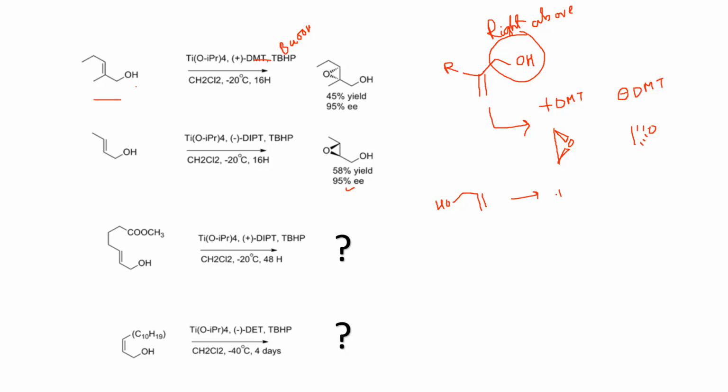If you use positive, you will get this below the plane. If you use negative, you will get above the plane. It was a short trick for examination purpose, because sometimes we get confused with the positive and negative, that what will be the product,